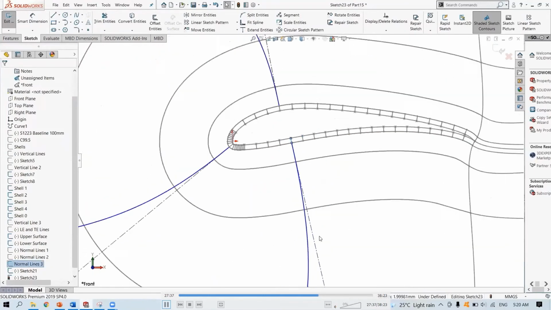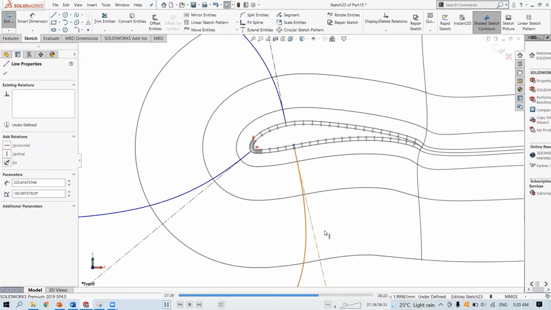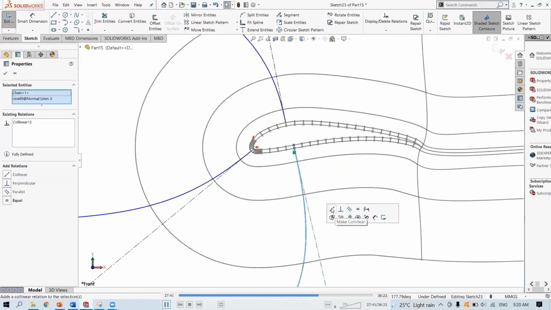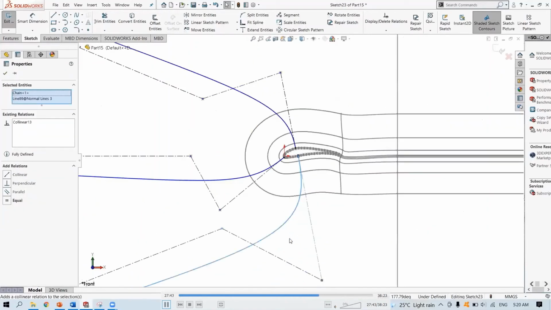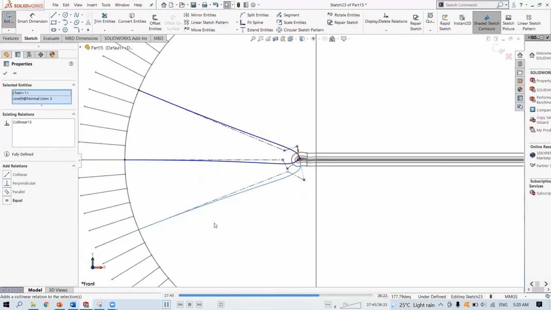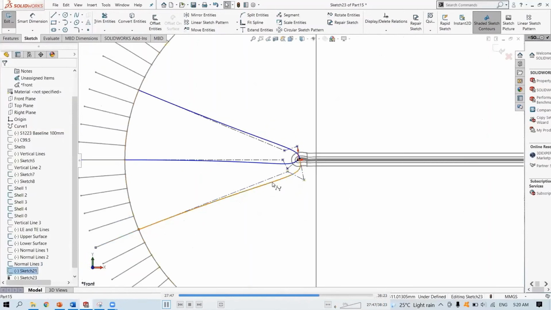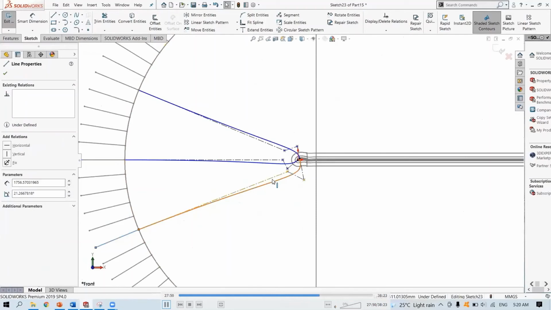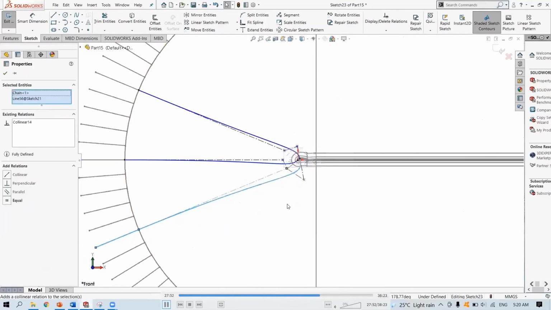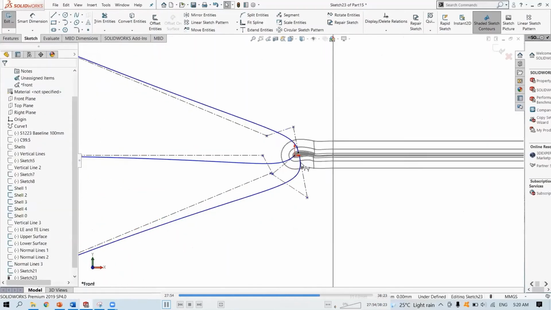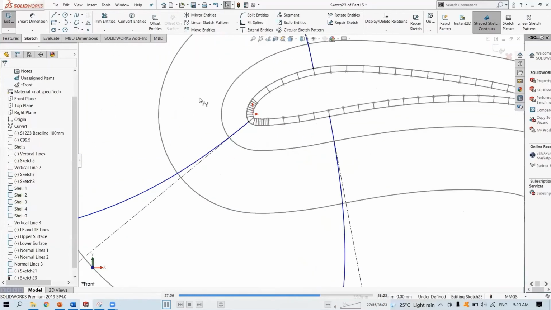Okay, that one, the normal line, we linear with this one. This one and this one to be linear again. Yeah, we can just, I'm going to adjust the control vertex afterwards.